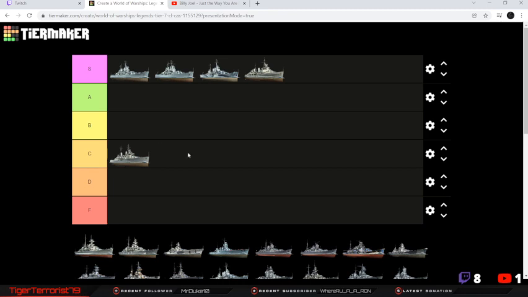Albemarle, it's kind of rough because she has radar and her HE is really good with her 203s. And she can obviously sequential launch torps. And her armor, it's good enough to bounce shells. That is true. She can bounce shells off of her belt,